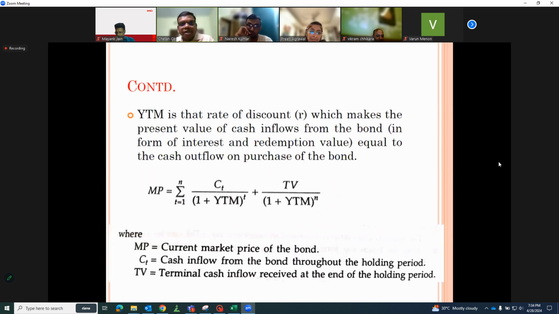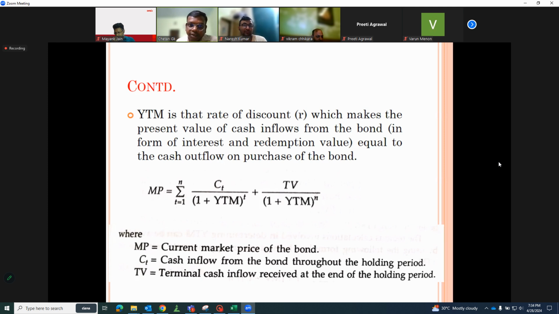Okay, so YTM is that discount rate which makes the present value of the cash flows from the bond equal to the cash outflow of the purchase of the bond. So the left-hand side is the current market price. The right-hand side is CT divided by (1 plus YTM) whole raised to T, where T is equal to 1 to N. The coupon amount you keep on receiving, right? That is your first